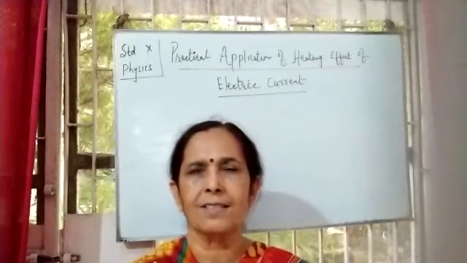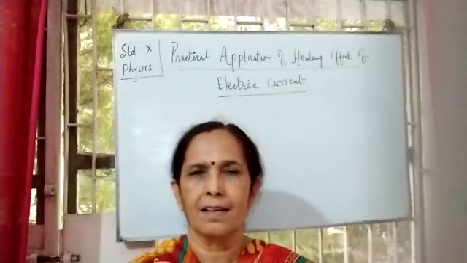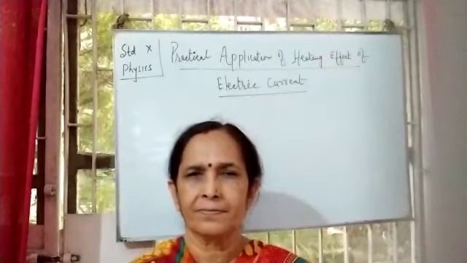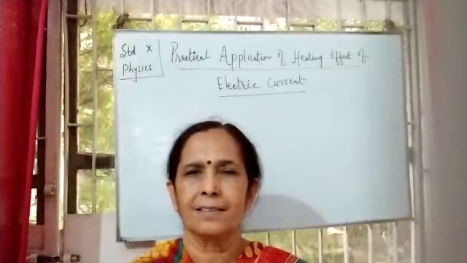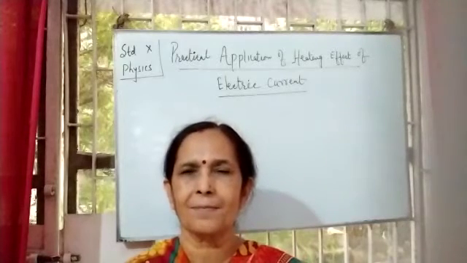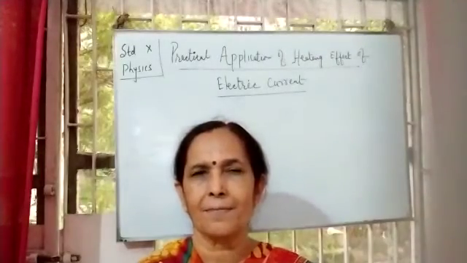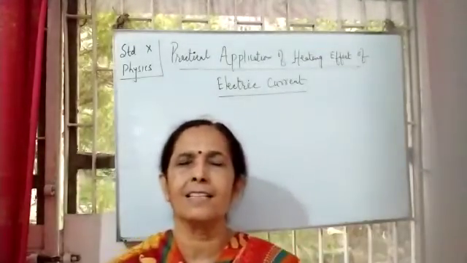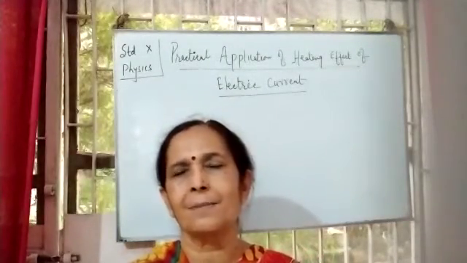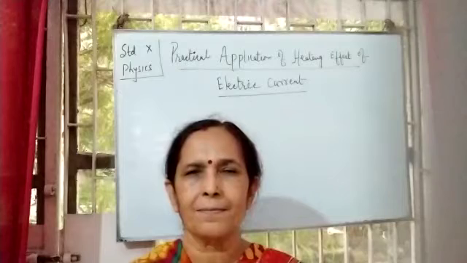As the name suggests, nichrome is an alloy of nickel and chromium. Nichrome has high resistance and high melting point. And we know that heat energy is directly proportional to the resistance. More is the resistance, more is the heat energy generated. And when the electric current passes through the heating element, which has high resistance, it converts a large amount of electric energy into heat energy.